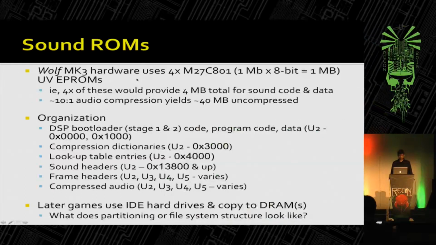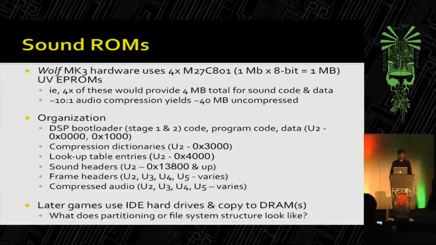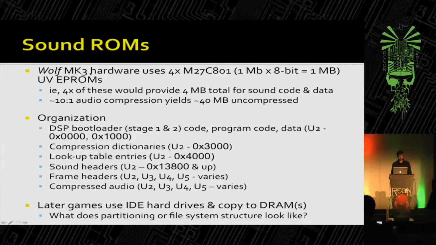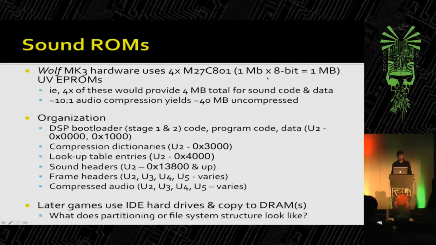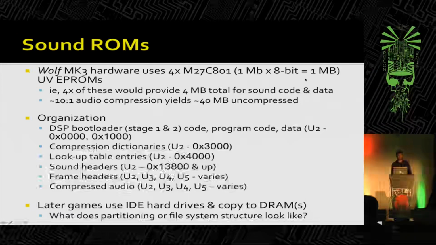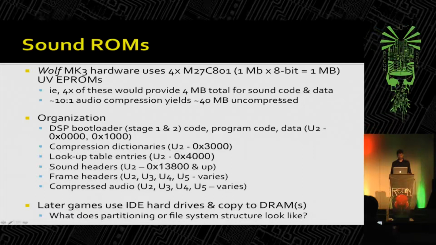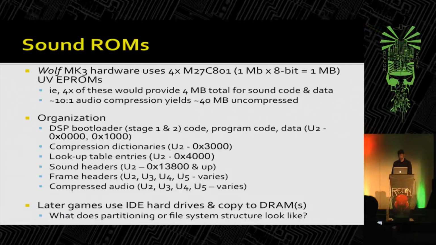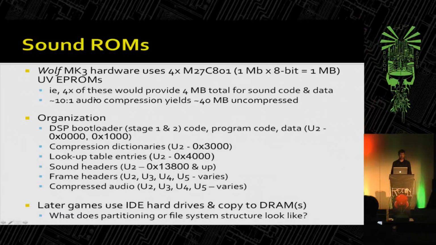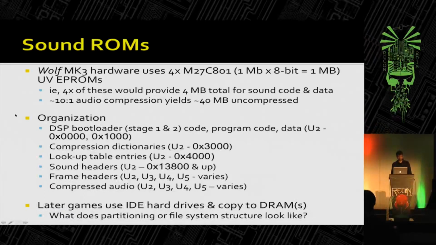Nothing too crazy there. So the Wolf series of hardware from Williams, which is what MK3 runs on, uses 4 of these 1 megabit by 8 bits, so it comes out to be 1 megabyte UV EEPROMs. So 4 of them would give you 4 megs total, as you could see from here. And with the 10-to-1 compression, it would yield basically 40 megs of uncompressed audio, which is pretty good for '91,